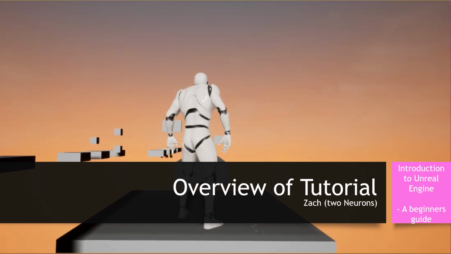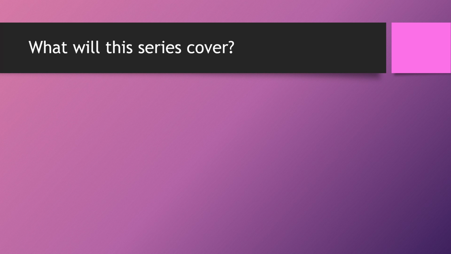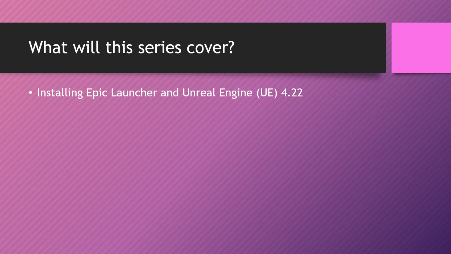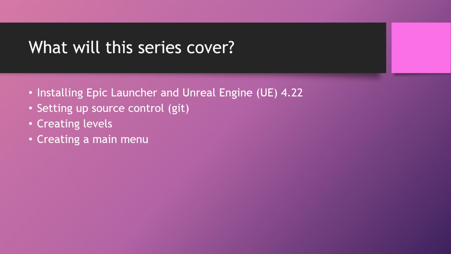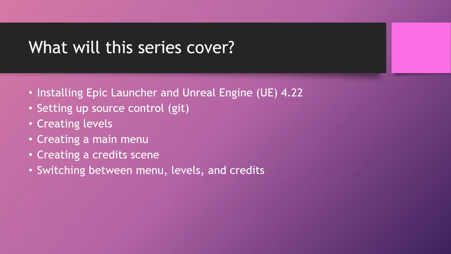In this series, we'll create a platformer game from start to finish, including installing Unreal Engine all the way to creating an executable file for our game. This series will cover from start to finish making a game, including installing Epic Launcher and Unreal Engine, and setting up our source control, creating our levels and a menu, creating a credit scene, switching between these, creating an autosave and loading feature, and finally, building an executable file that we can pass to other people so they can play